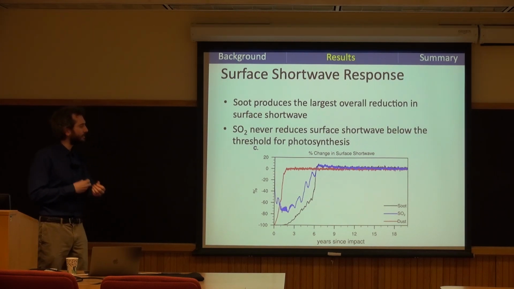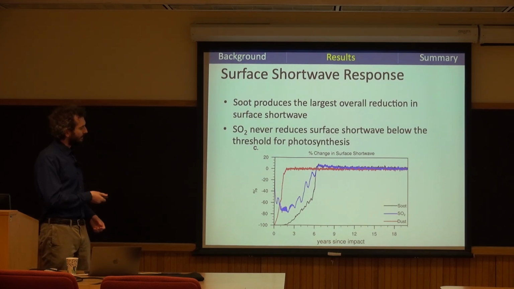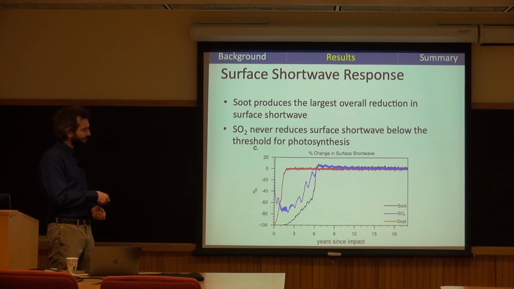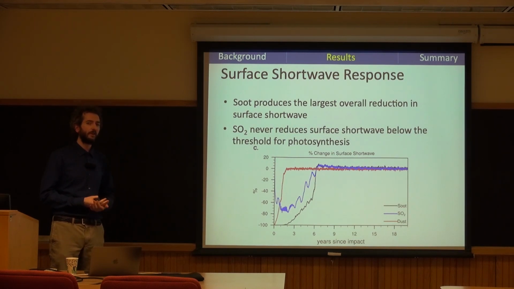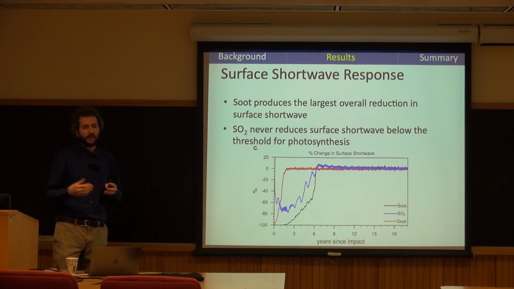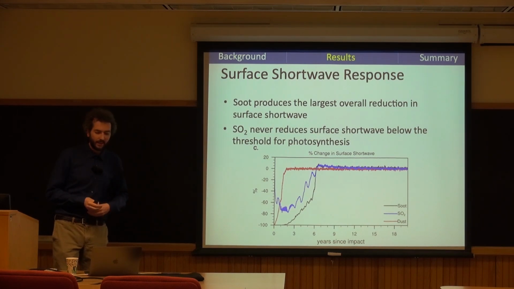And just a few things to point out here is overall in terms of the net reduction in surface shortwave radiation, soot has the largest impact. Whereas you can tell that dust has a fairly short-lived impact, but also a fairly strong one just due to the large amount of dust put into the atmosphere. Whereas SO2 and the sulfuric acid it creates has a smaller impact, although still a very extreme reduction in surface shortwave radiation. Overall, it's significantly smaller, and this is because as you emit more and more SO2, as it becomes sulfuric acid, the sulfuric acid particles become larger, and actually their radiative effects become less. So it's somewhat self-limiting in the atmosphere.